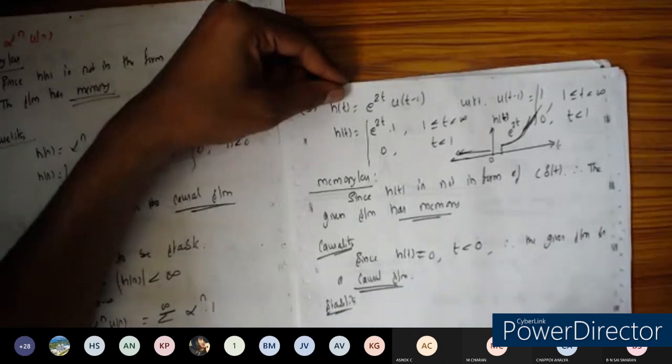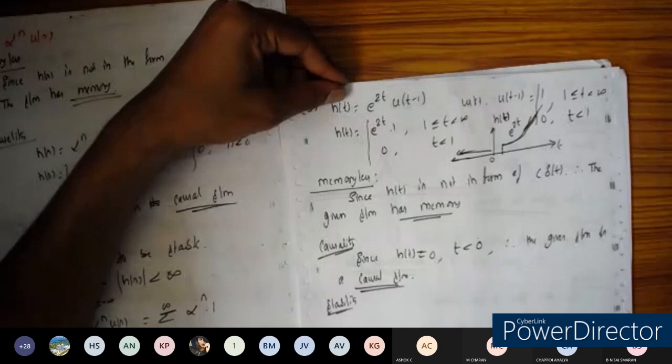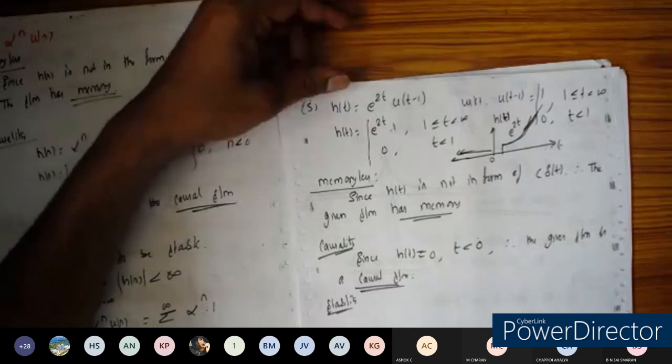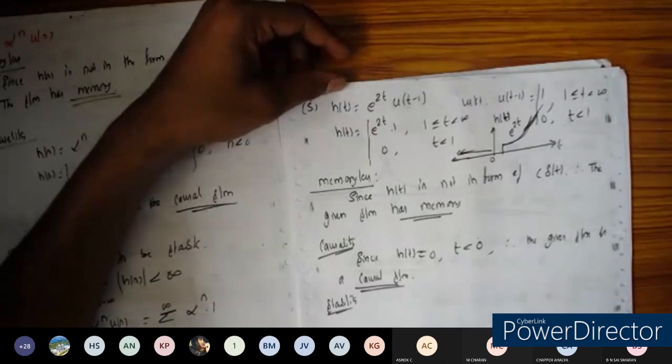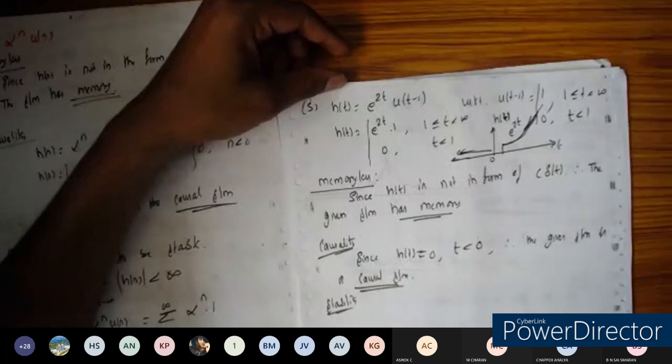For example, assume that in my pocket I have 10 crore rupees, will I be stable? If I have 10 crore rupees in my pocket, will I be stable? No, you will be walking in the sky, right? That's the meaning of stability. If only a finite quantity of money is in my pocket, then I'll be stable. If I have crores of rupees in my pocket, I'll be unstable. Similarly, the same concept is applicable here also.